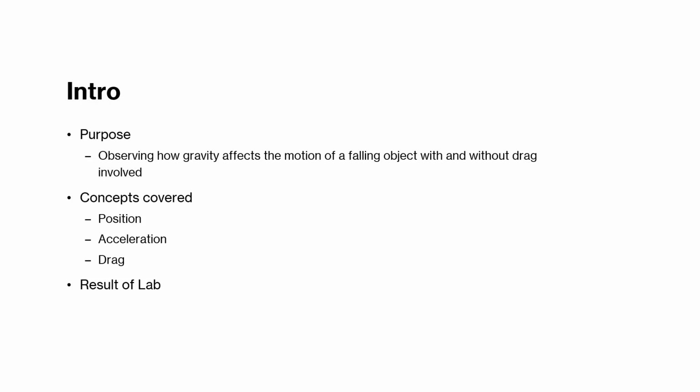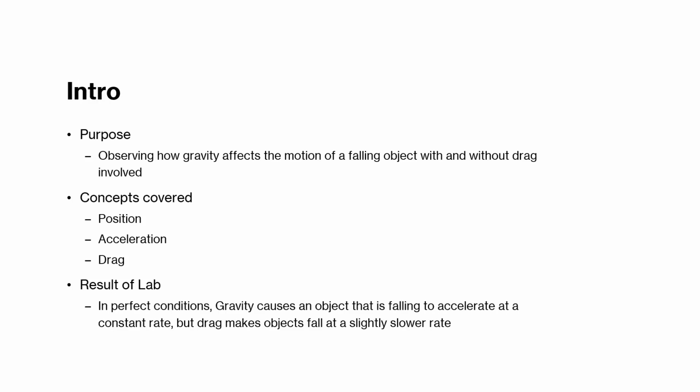The results of this lab: in perfect conditions, gravity causes a falling object to accelerate at a constant rate, but drag will make objects fall at a slightly slower rate because drag is a force that acts in opposition to the direction of movement. In this case, it's going down, so our drag is up. And regardless of the mass, objects will fall at a constant rate, given that they have the same drag